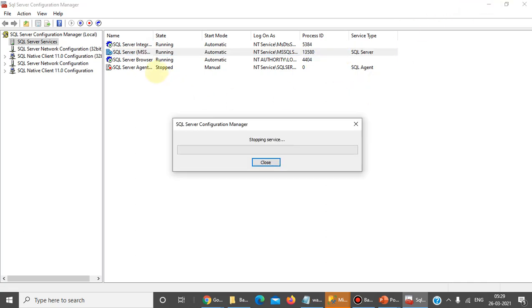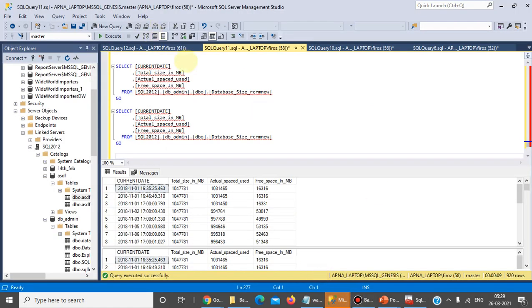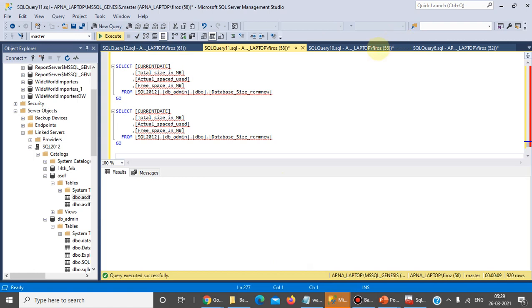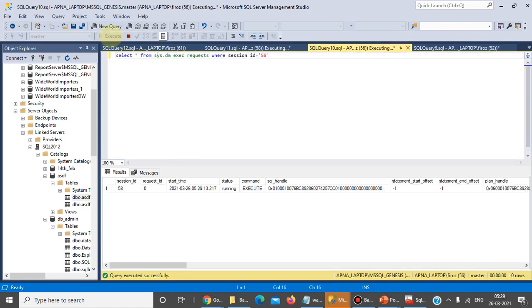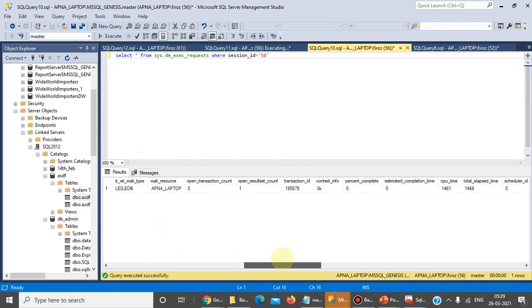SQL Server 2012 instance. We will restart this, and again we run this query, and again we can see this wait type. We had captured this.